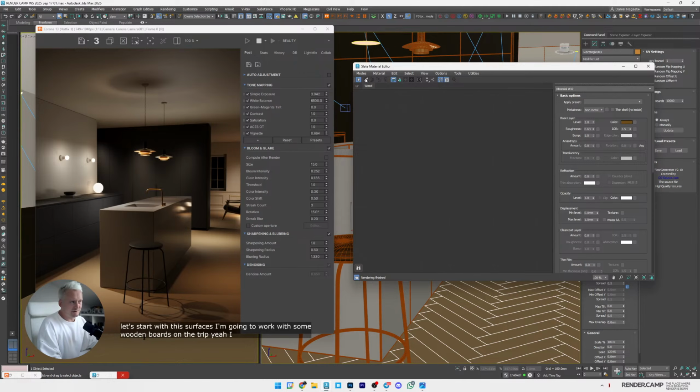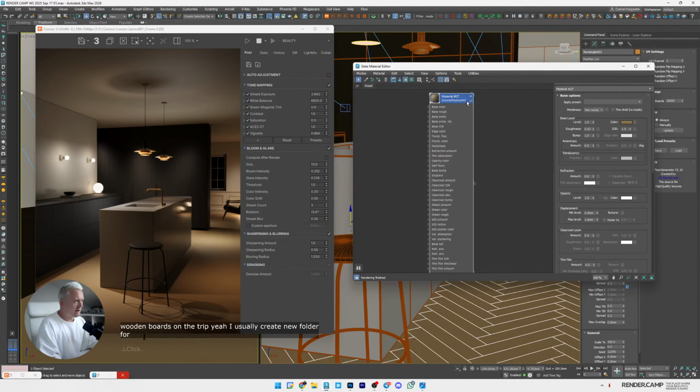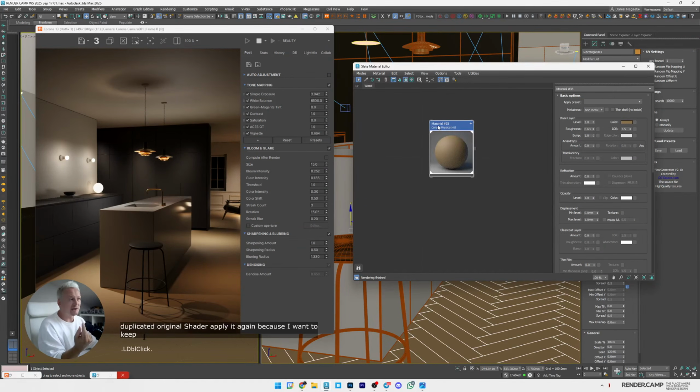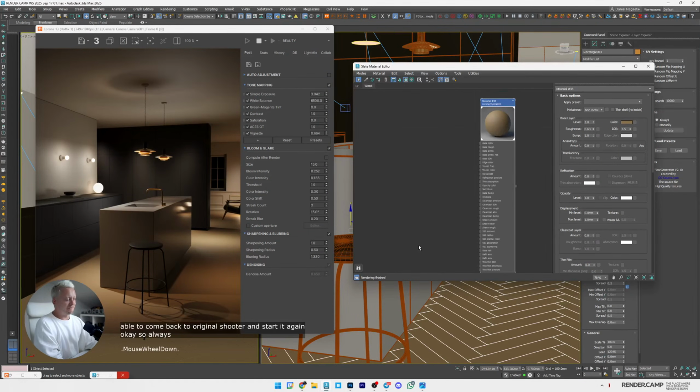Yeah, I usually create a new folder for all shaders. I always duplicate the original shader and apply it again, because I want to keep the original shader. If I'm not doing the best work for any reason, I'll be able to come back to the original shader and start again. Okay, so always on the flat surfaces, I mean surfaces without